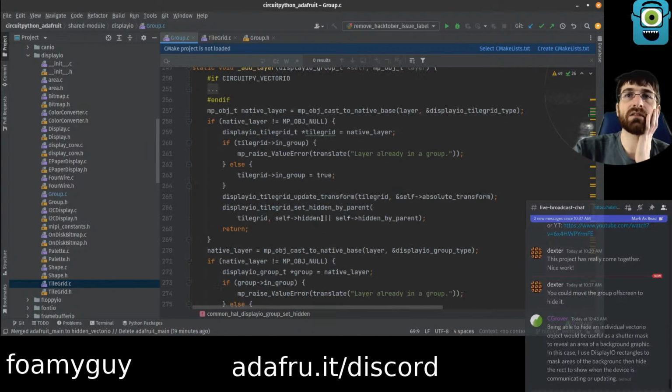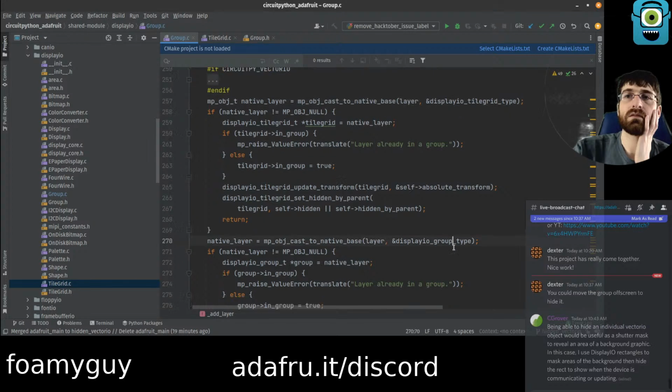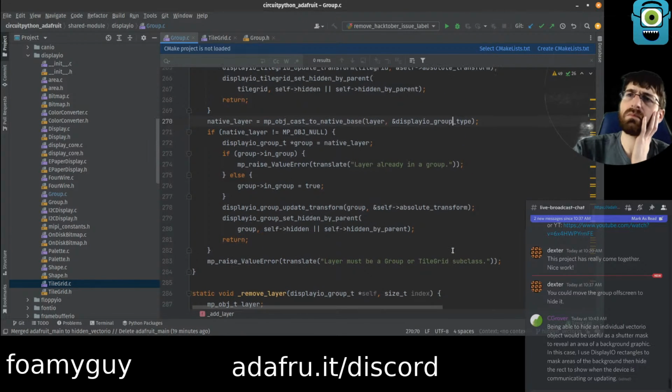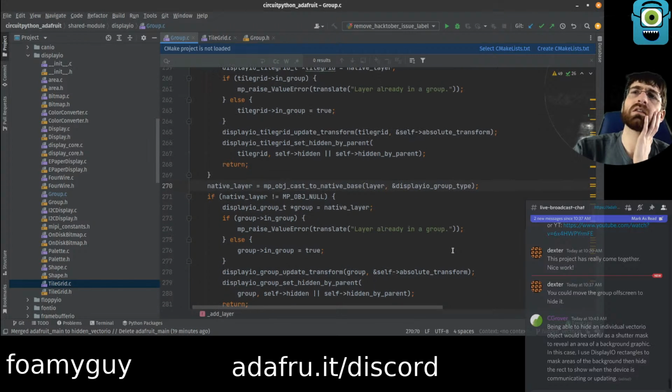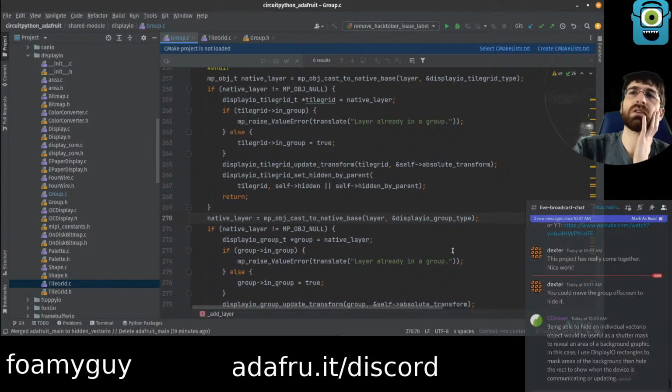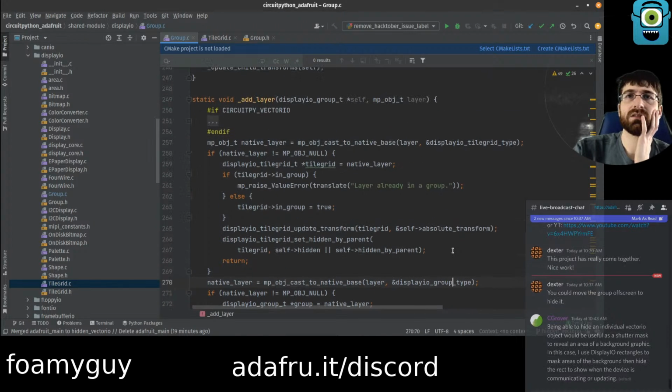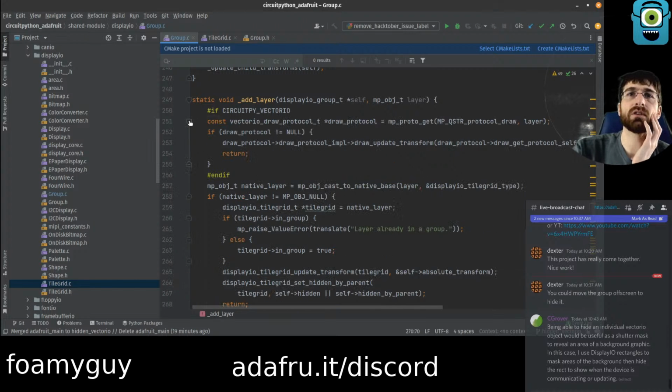Where add layer? Okay. Group type. Huh. That's interesting. There's not actually. Oh, okay. Here we go. Got tricked by the folder. Okay, so